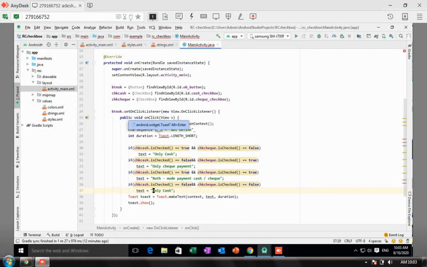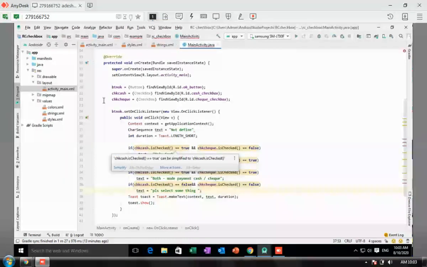It should say please select one choice. Please select something. That is done. So let's check out how it works.